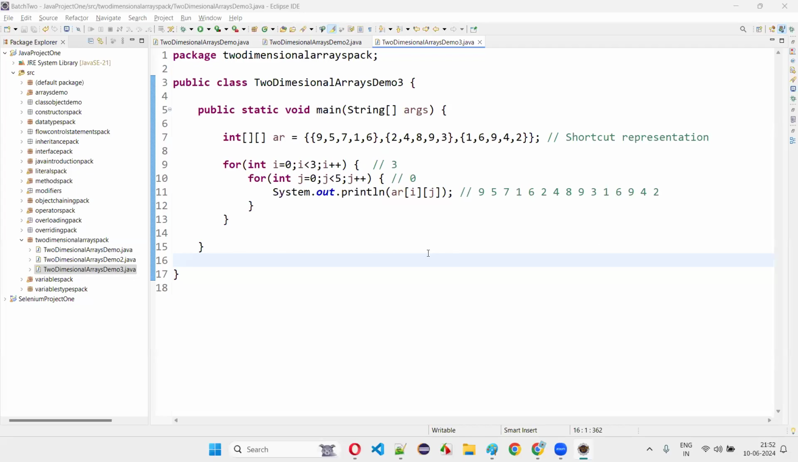Yes, Sonali, I'll come to that. Just give me a second. I'll come to that in the next example. That's the same thing that I'm going to cover. Now,